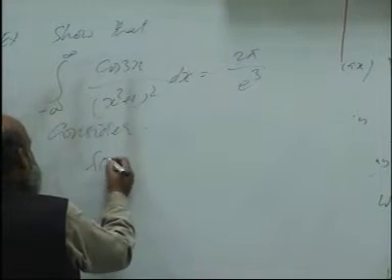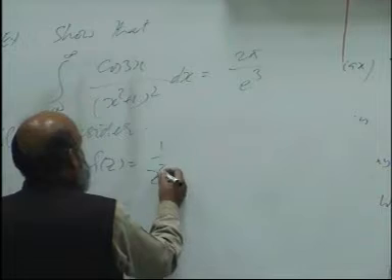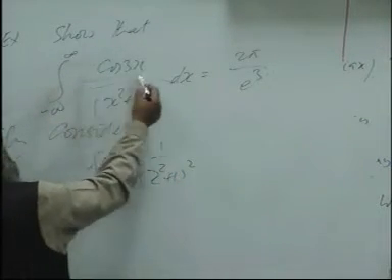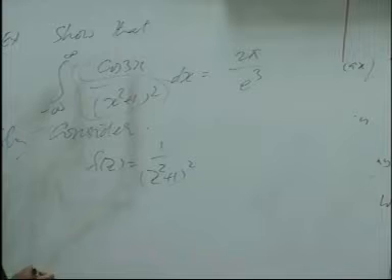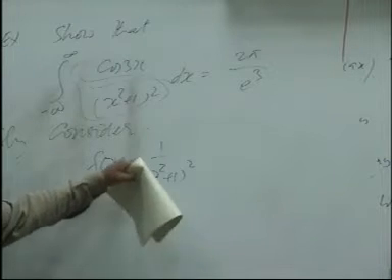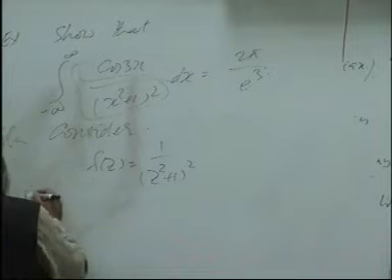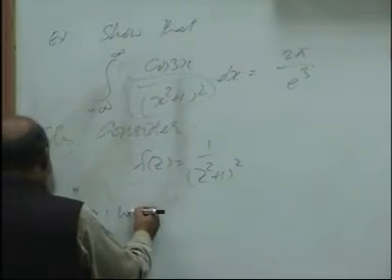So we consider f of z to be 1 over (z square plus 1) whole square. This is f of x basically, 1 over (x square plus 1) whole square. For f of z, we just replace x with z. Then we observe that